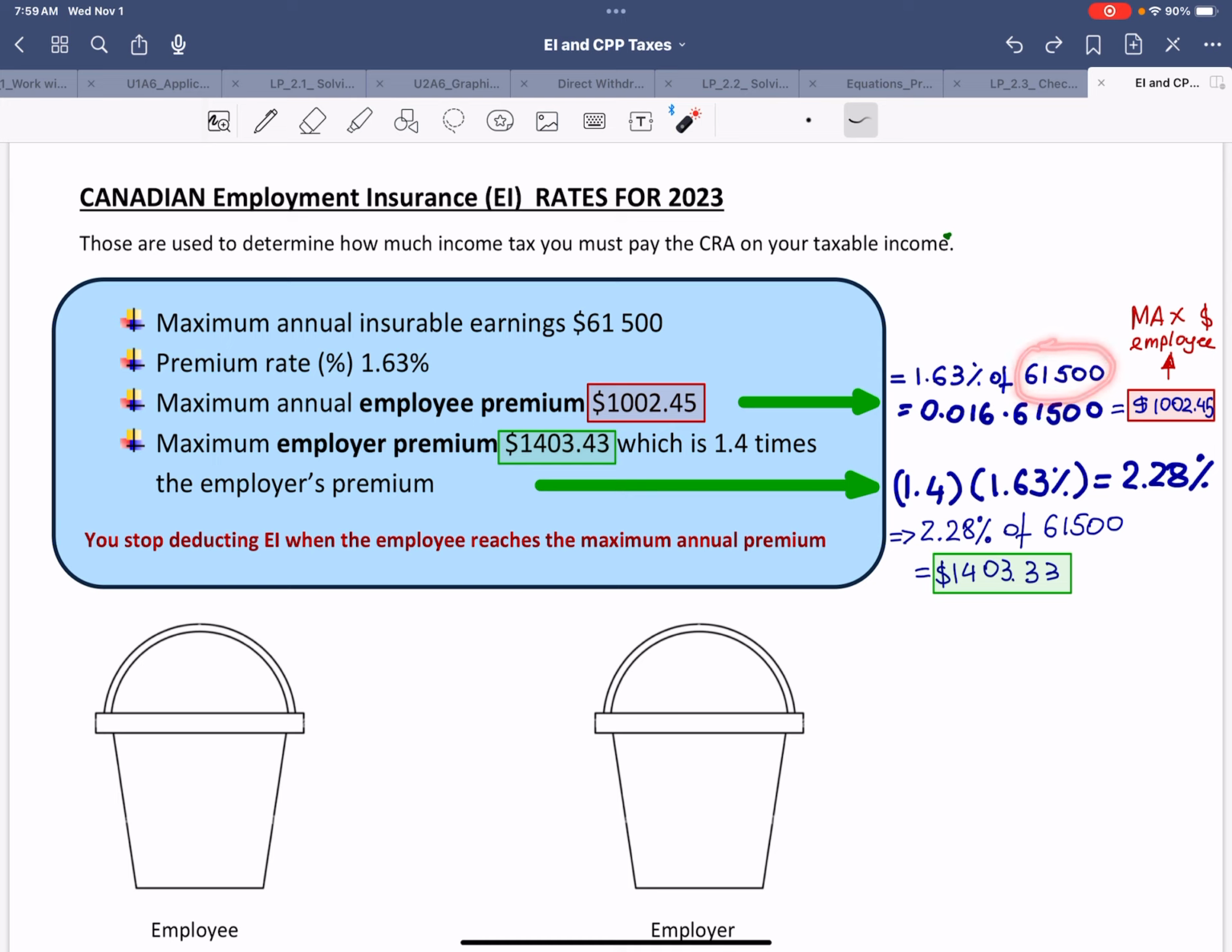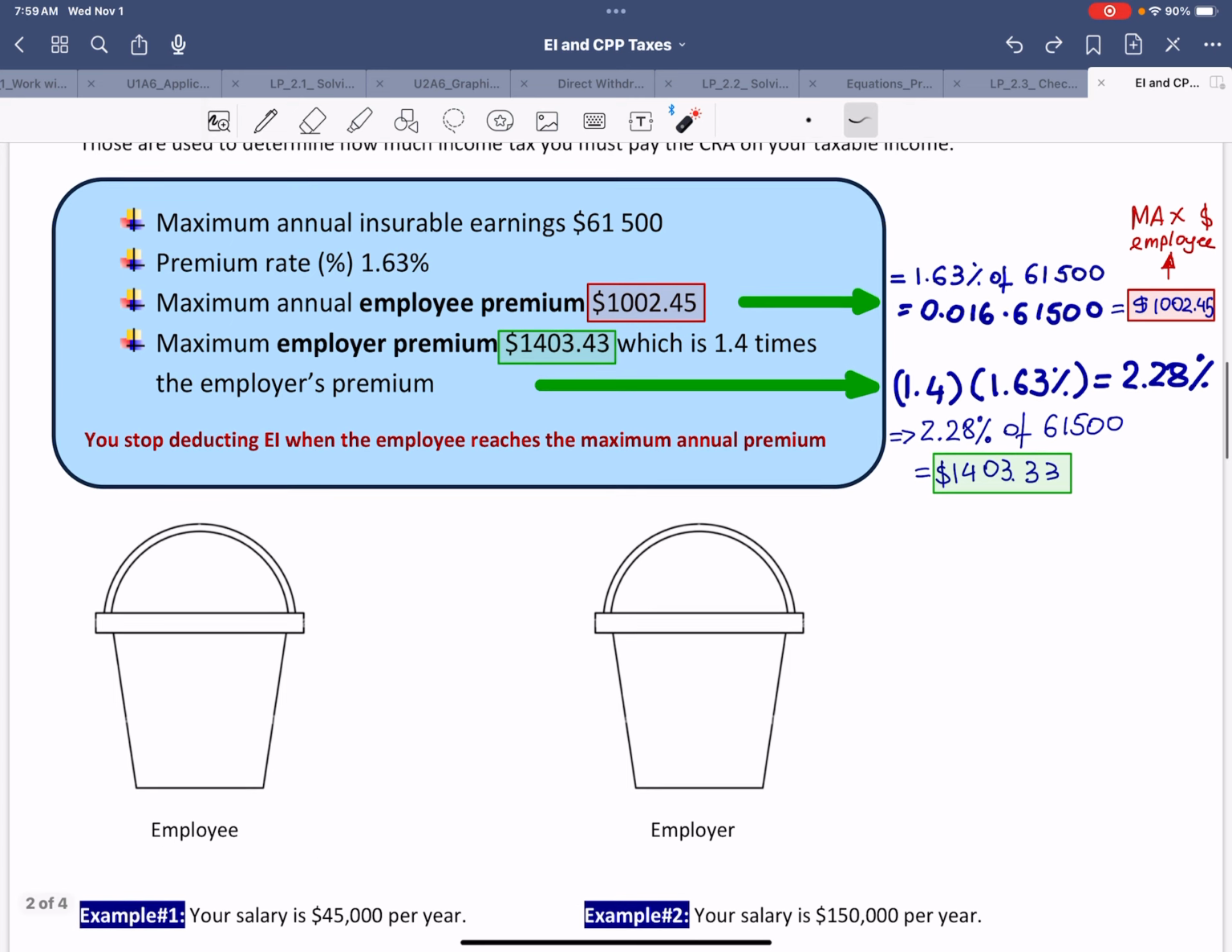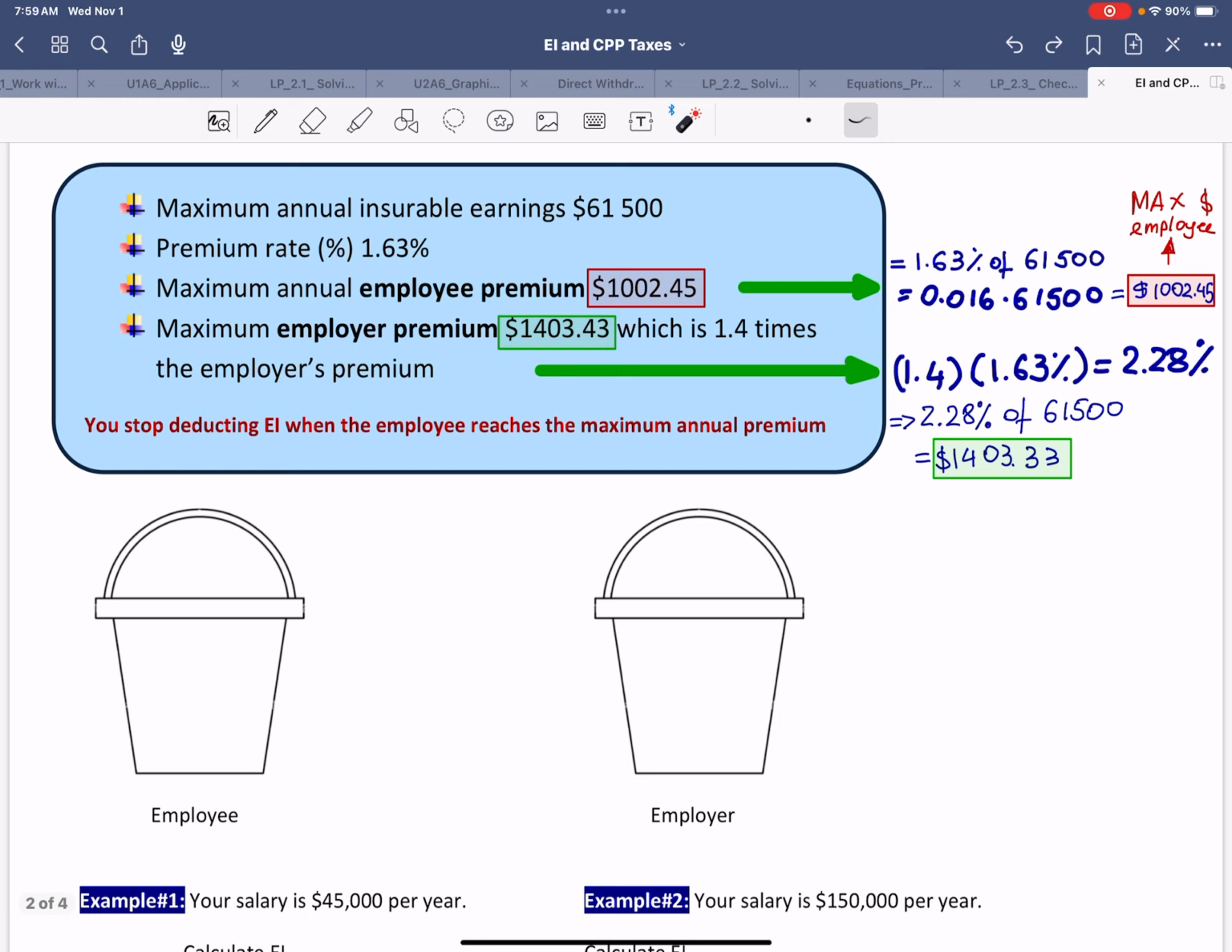So what that means is that if you make exactly $61,500, you will pay $1,002.45, and your employer will pay $1,403.43. For any amount above 61,500, you no longer pay EI benefits or EI taxes, and same works for the employer. So I organize these in little buckets because I find them better visuals to help us remember or understand